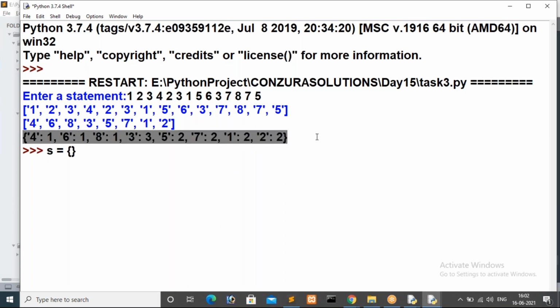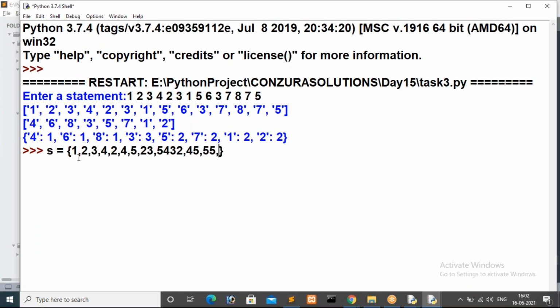Here we have some values inside curly braces, but just observe that the values are in key and value pair format. So in that curly brace we have a value like 4:1. In that, 4 is the key, 1 is the value. So if values exist like this inside curly braces, we call that a dictionary. If curly braces have values like this, 1 comma, 2 comma, then we will call that a set type, guys.